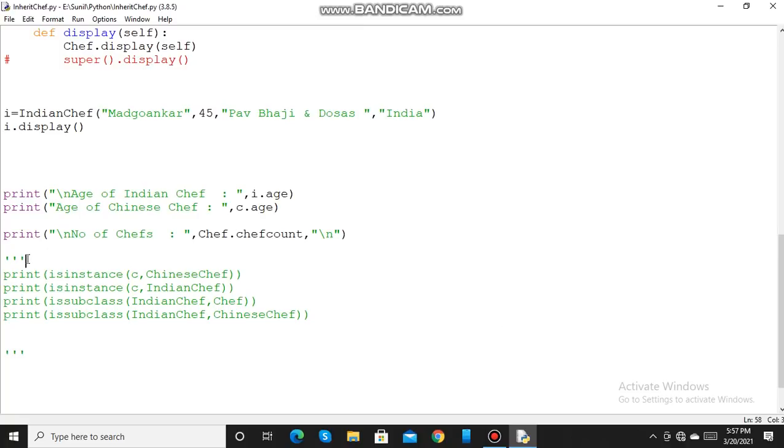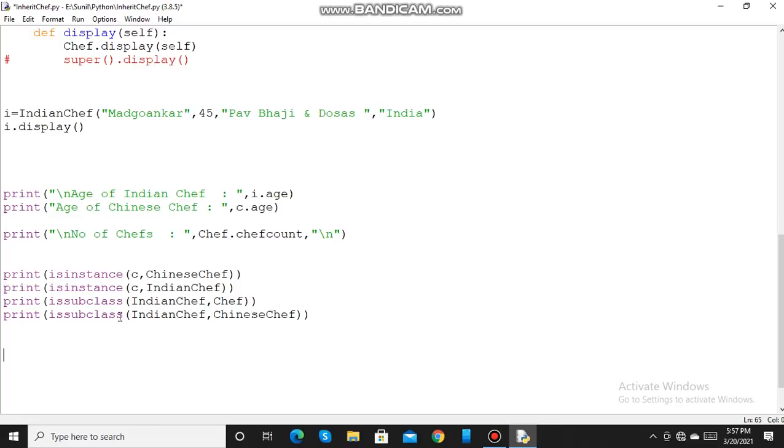Now we will see the built-in functions isinstance and issubclass. So here it is checking isinstance C Chinese chef. Yes, C is an instance of Chinese chef. It is true. Then it is checking isinstance C Indian chef. No, it is not an instance of Indian chef, so it is false.